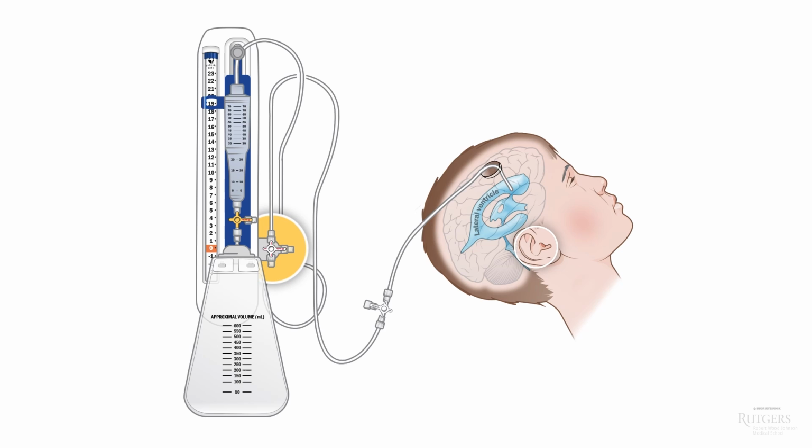Now, if we go back to our system, we see that it starts with a 3-way stopcock. If you look more closely, you see that it's also aligned with the 0 on the pressure scale. And you will see a pressure transducer attached to a horizontal port at the same level. This is the reference point for all our measurements. So to have accurate readings, we will make sure that this stopcock is at the same vertical level as the patient's tragus. Okay, our system has been assembled and leveled.